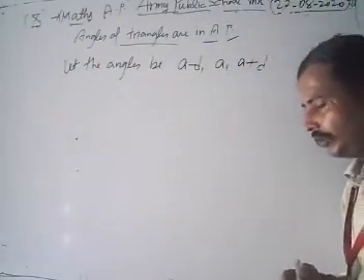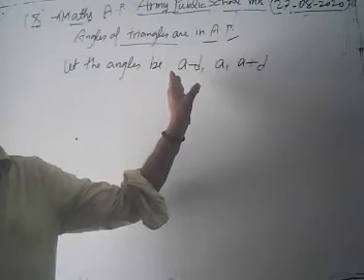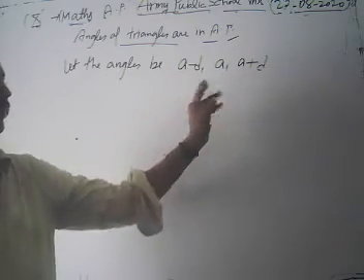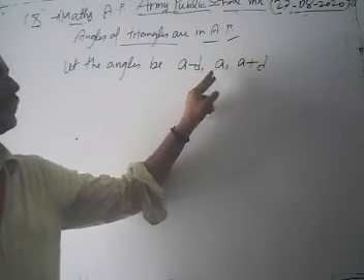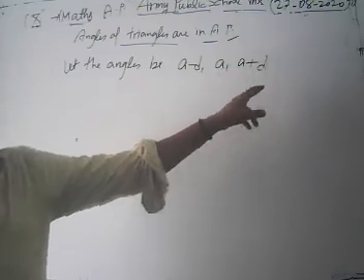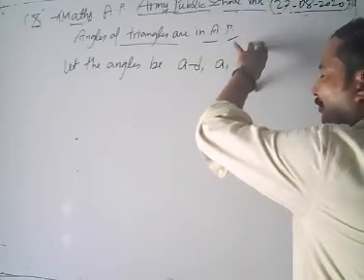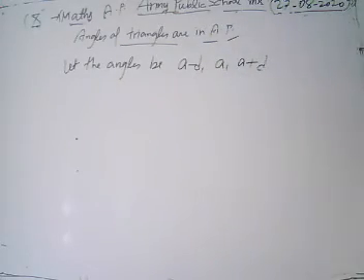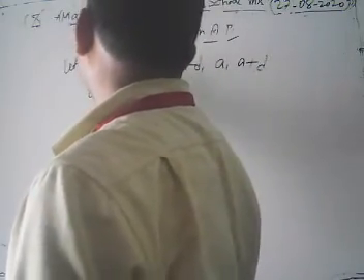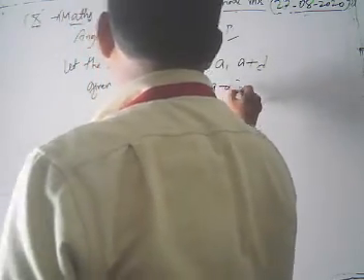Now we have the angles. Obviously, you can find which one is greater. We don't know the value of a, but we are sure which one is greater here. This is a, this is a minus d. Obviously, this is the least number, and the greatest number is a plus d. So among these 3 angles, our greatest angle is a plus d and our least angle is a minus d, because we have a given condition here: the greatest angle is twice the least.